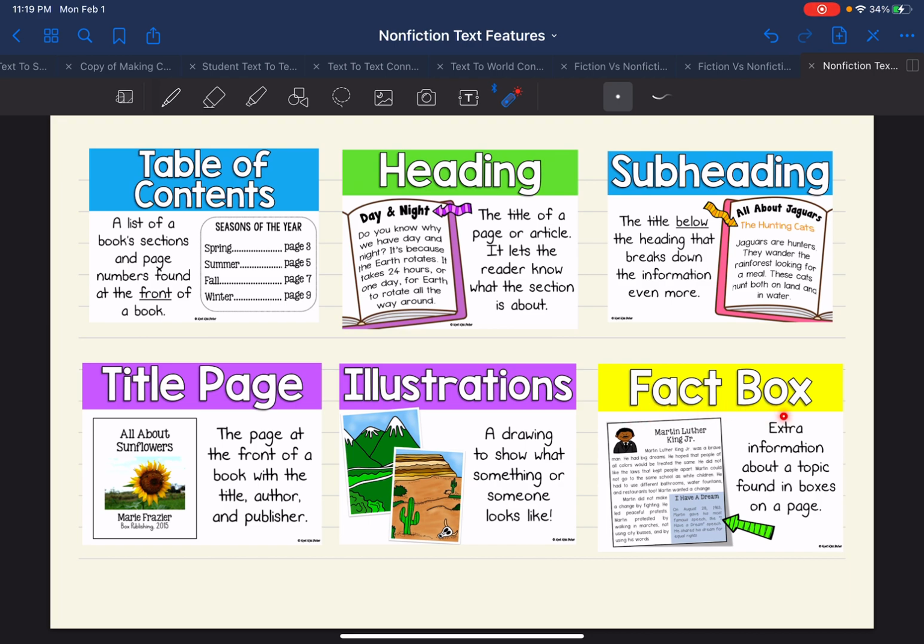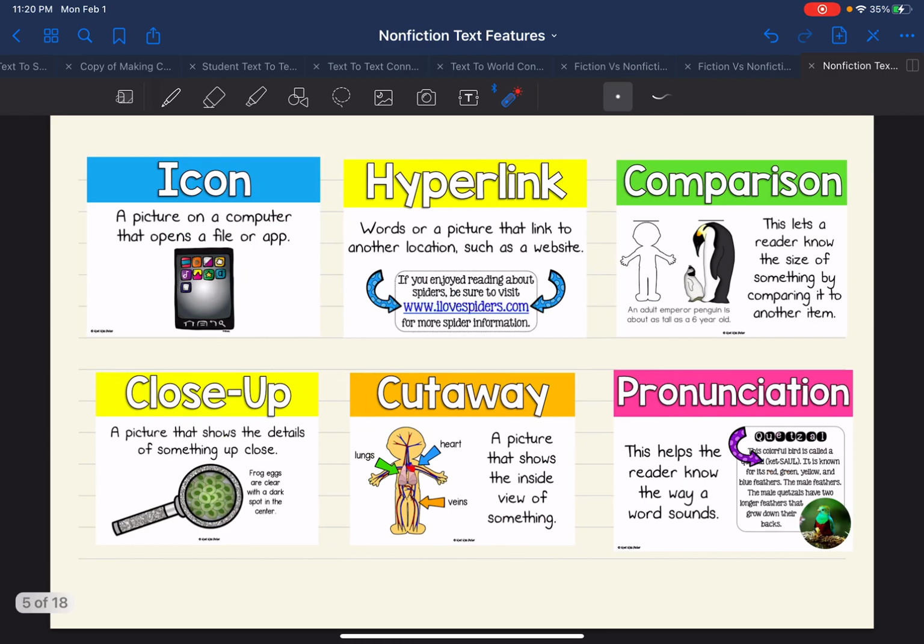You will see fact boxes, sometimes also written as sidebars. It is extra information about a topic found in boxes on a page. You will see icons. An icon is a picture on a computer that opens a file or an app. You will see books that have hyperlinks,